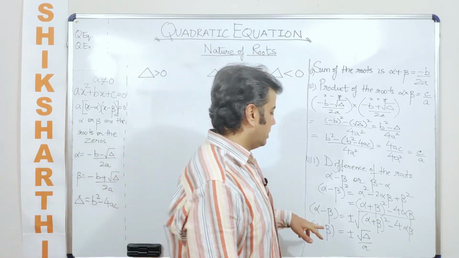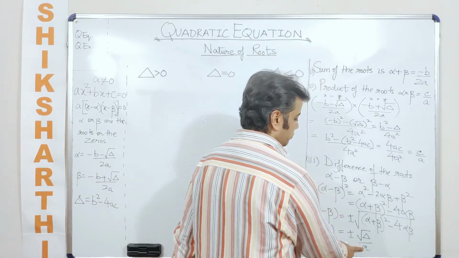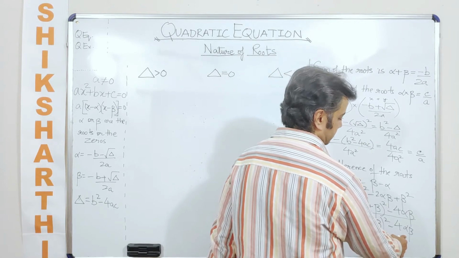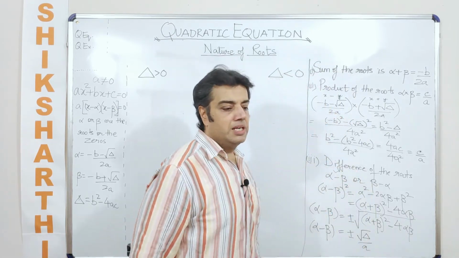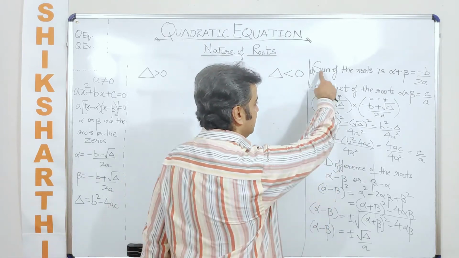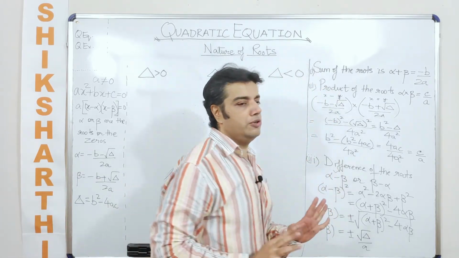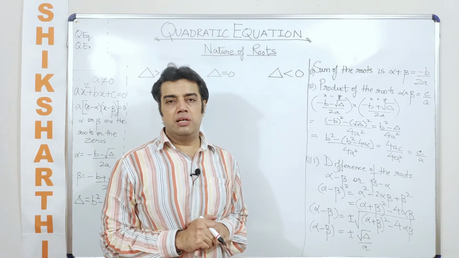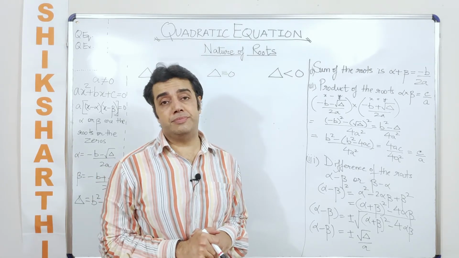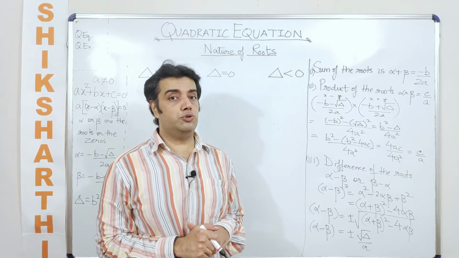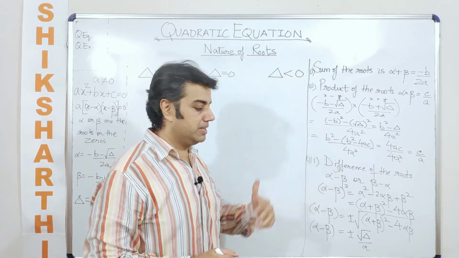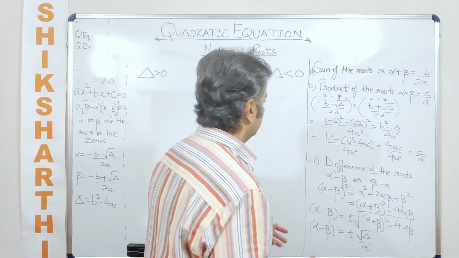But the value here will be root of delta by a. Okay, now if you say how will it come out to be in a, because finally you are multiplying it by 4a, I mean 4 alpha beta. So which is why. Anyway, so these are the three things which will be immensely used when you are solving questions on quadratic expressions, quadratic equations, henceforth cubic and polynomial, because we have to step up the ladder. Okay, coming down to the next discussion now here.